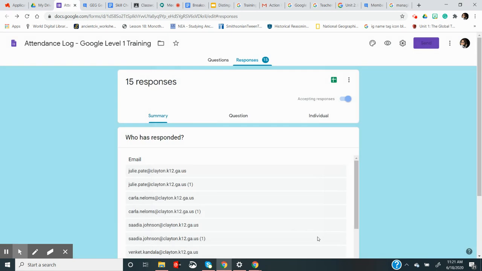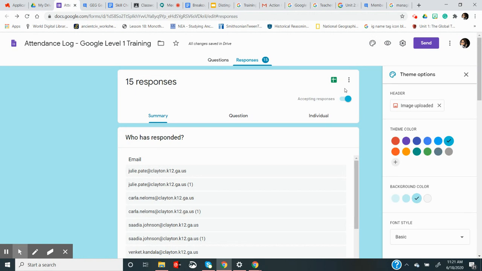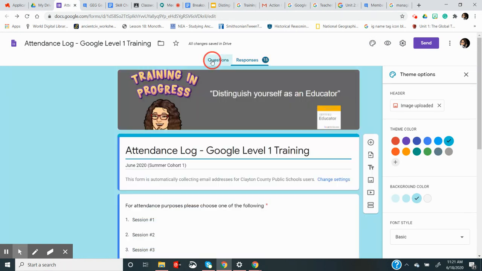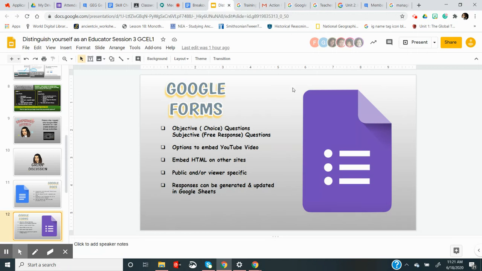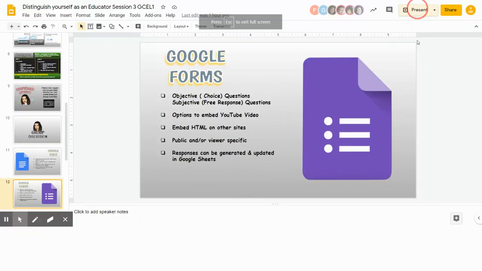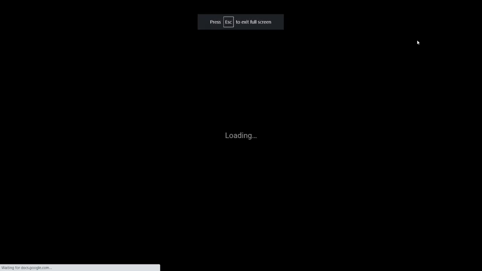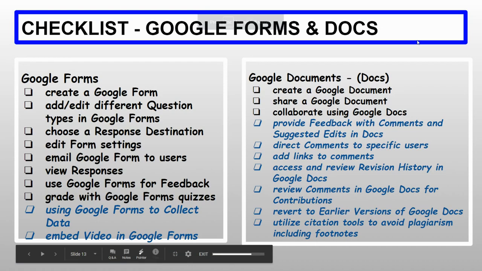So let me say that, of course, you can change your color where the little color palette is, and that's how I usually add my personalized banner up here. All right, so what I've done is I've done the same for this one. This section, as I did for the previous one,